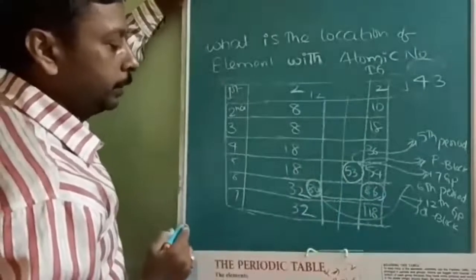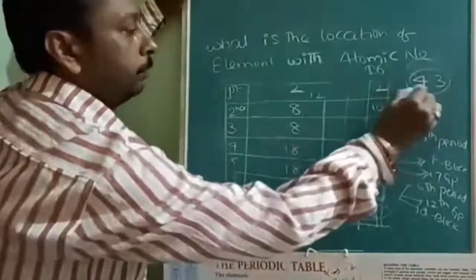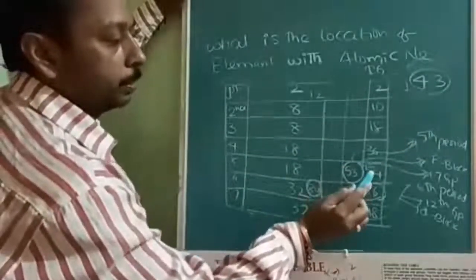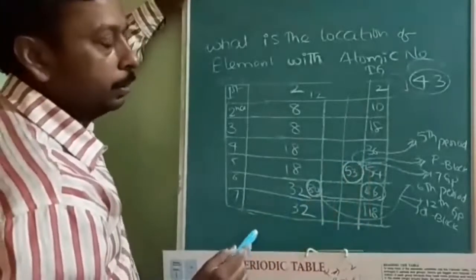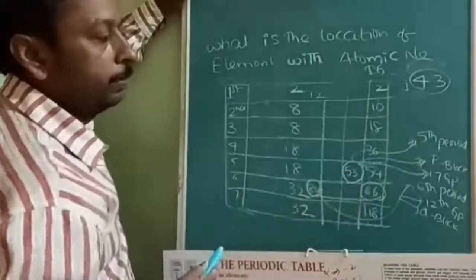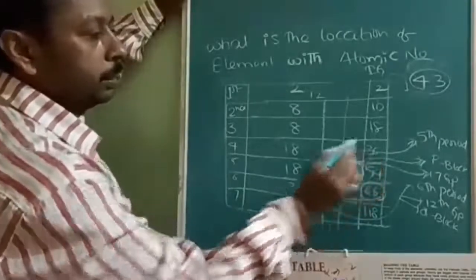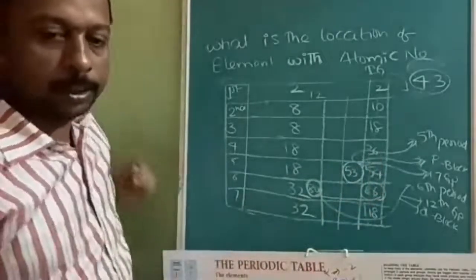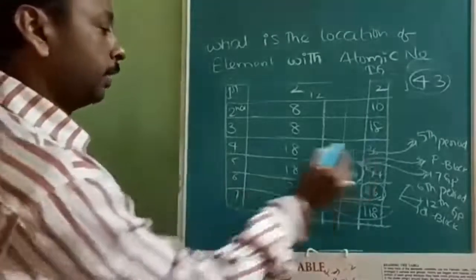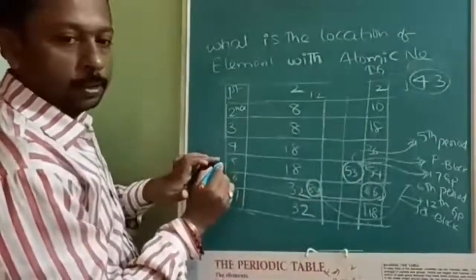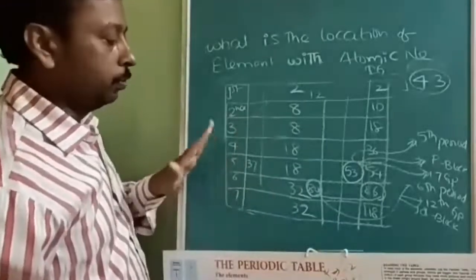Okay. Now let's see about the period. Next, what is the question? Question number is 43. So you got two options. You can take 54 as a reference, you can take 36 as a reference. So which will be comfortable? 36 will be comfortable. So 36 is the 18th group. So if 36 is the 18th group, then 37th will be next here. So 37th will be the first group.